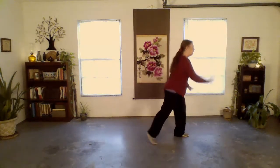And down. Alright. There are issues with what I just did. Hand position not quite right, coordination's a little bit off. Focused on staying upright. I did. Alright, that